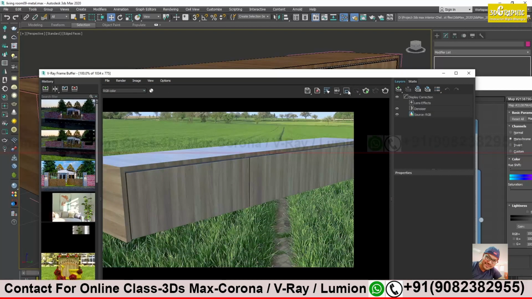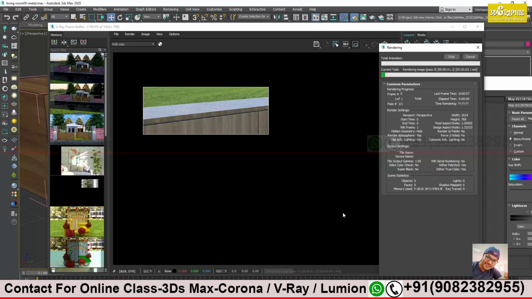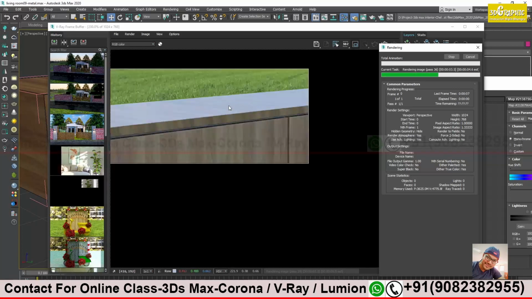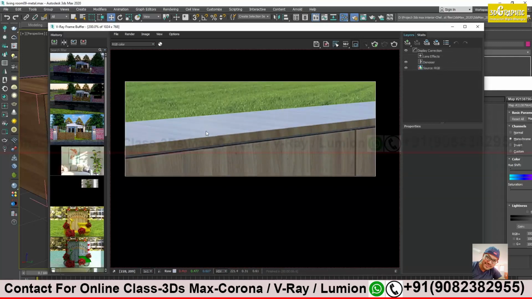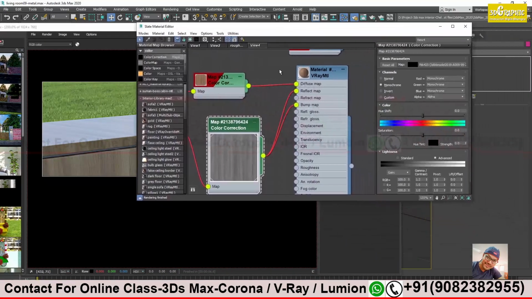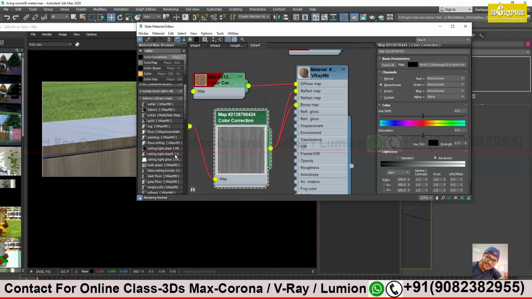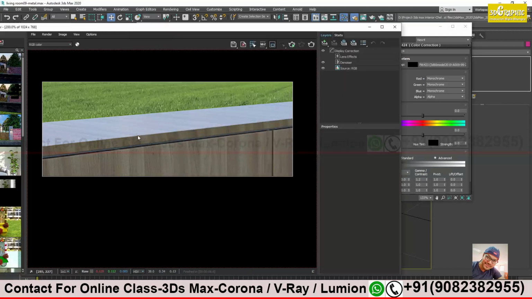I will take a small portion now. Let's see this much only. Other areas are removed. It is not that visible right now, but trust me, some portions are getting more light and some portions are getting less light. Or you can do one thing: increase the value over here, make darker more darker and brighter more brighter. The more difference over here, the more variation you will get.